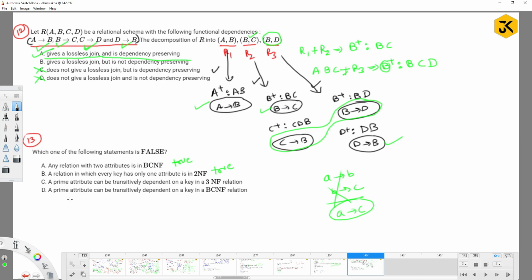What about option D? A prime attribute can transitively depend on a key in a BCNF relation? No, there is no concept of transitive dependency. So this is the false statement. So option D is the